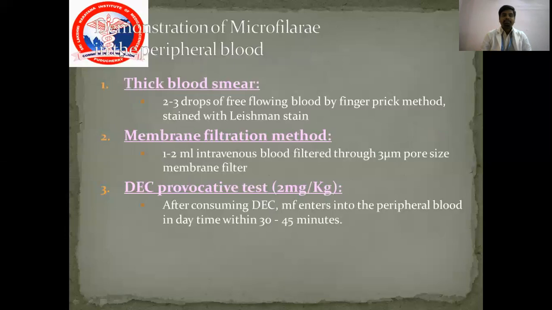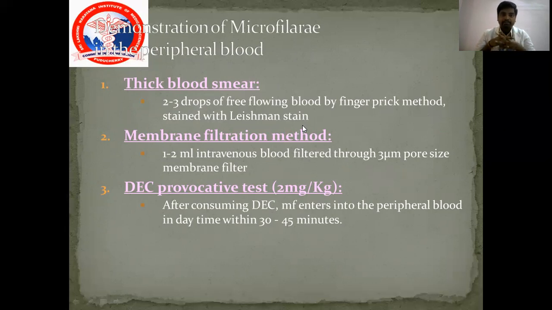Demonstration of microfilariae in peripheral blood. When can we demonstrate the microfilariae in peripheral blood? Take a blood smear: 2 to 3 drops of free flowing blood by the finger prick method, stained with Leishman stain. We prick the finger, add 2 to 3 drops on a slide, then stain the slide with Leishman stain. Then we can demonstrate the